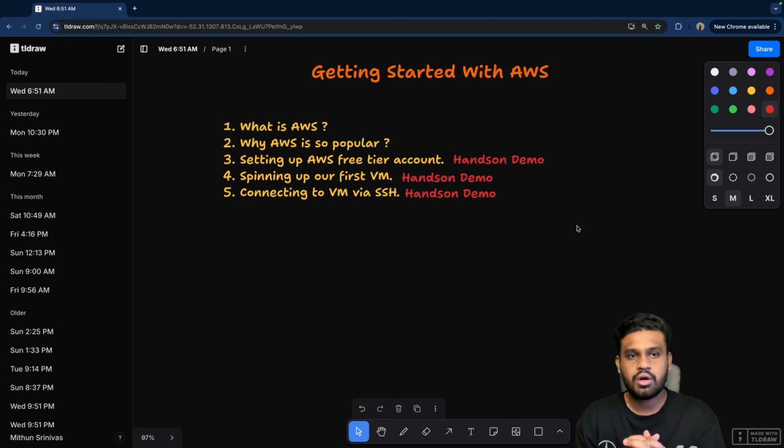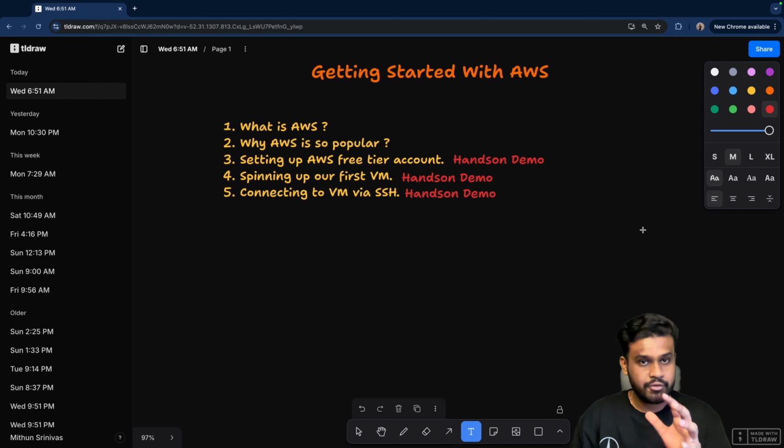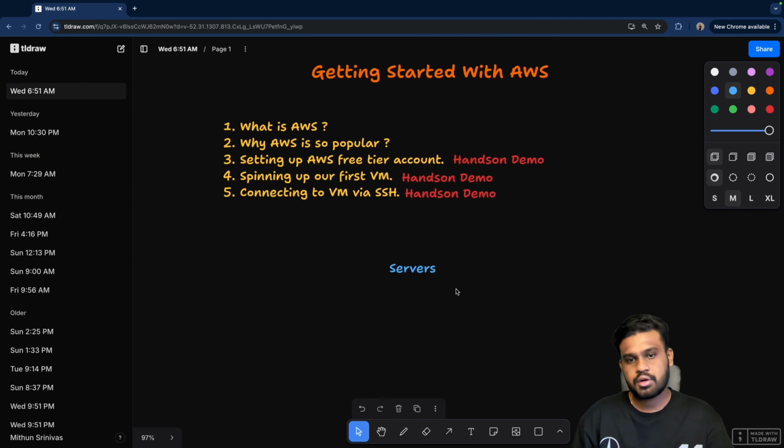Now those websites, web pages or applications which are shared across the world through the internet are powered by something called servers. What we use are personal computers, our workstations, but what these websites and applications use are servers. Now Mithun, what are servers?